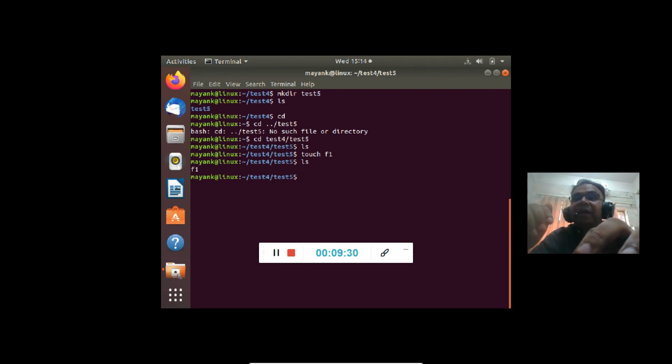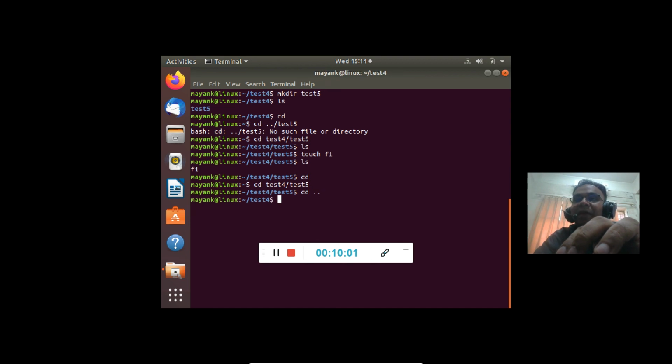Now to return back to the home directory, I can simply write cd, and instead of going to test4, it will directly go to the home directory. So let's try this: if I write cd, what happens? See, when I write cd, it directly goes to the home directory. There are other ways also to go directly, which are a little longer. So let's try those longer ways also. Suppose I do cd double dot, what will happen? It will go one step back. See, it goes one step back, to test4, and over here I write cd, we go back to the user directory.